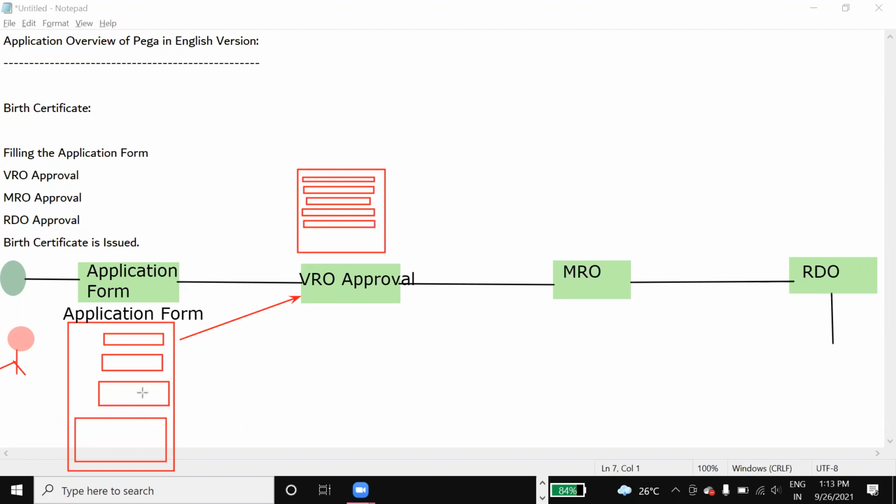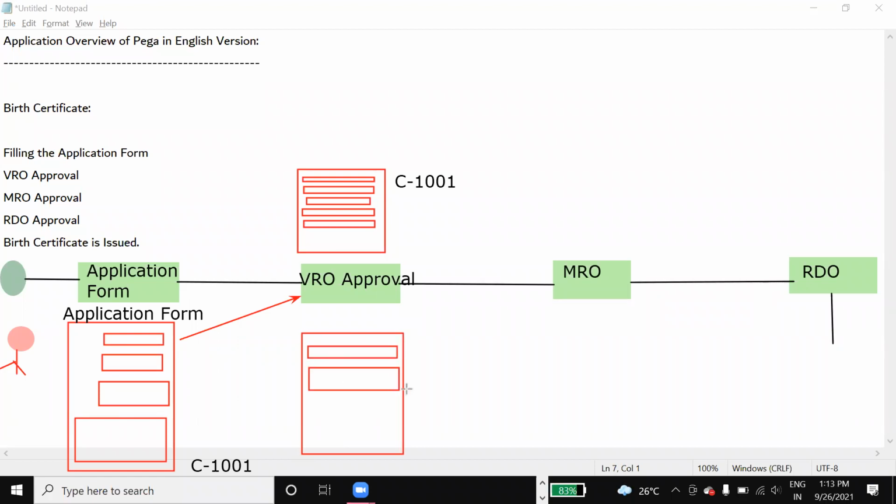Whatever form is submitted here, the case or application ID will be something like C-1001, and that will appear here in his work list. So now what this VRO has to do is open this particular application or case, and then he can only do one thing, that is, he can just review the information.